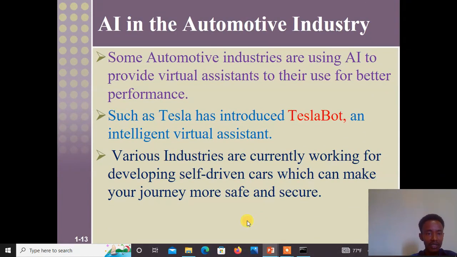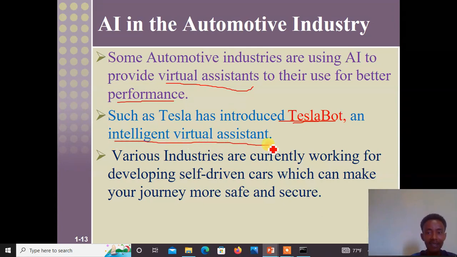Another one is artificial intelligence in the automotive industry. In the automotive industry, some companies are using artificial intelligence to provide virtual assistance to their users for better performance. If you consider such artificial intelligence, like the virtual assistant Tesla bot, it is also an intelligent